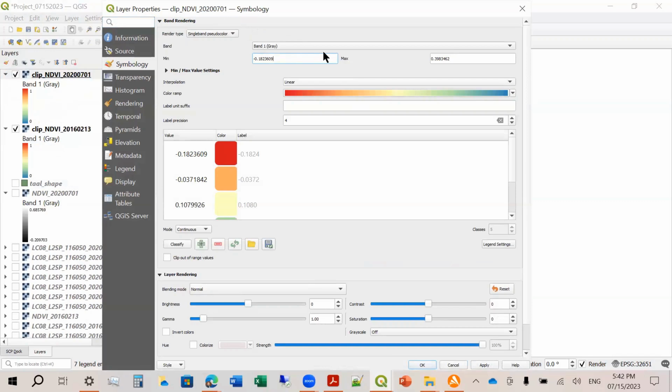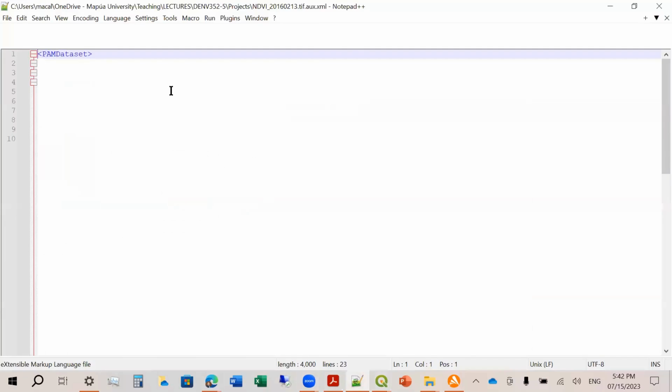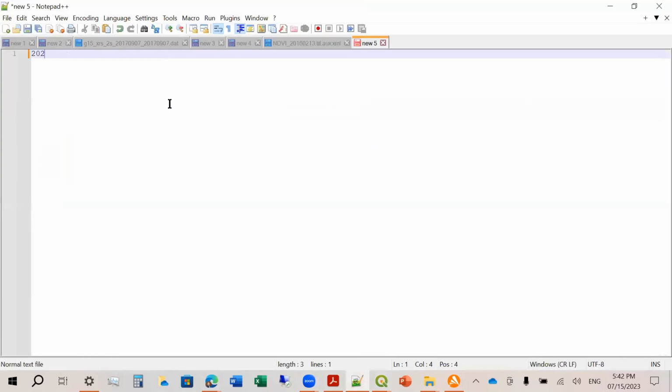So let me just write here in my notebook the value of our data. Okay. So let me just write here. Okay, negative point, this one. So let me open a notepad here. Okay, so this is 2020-0701.